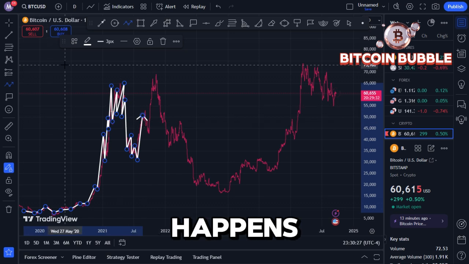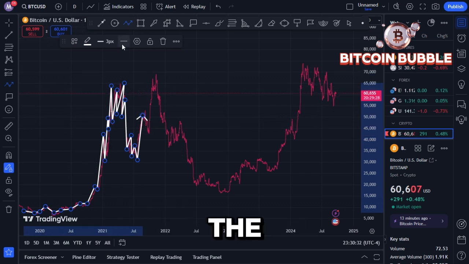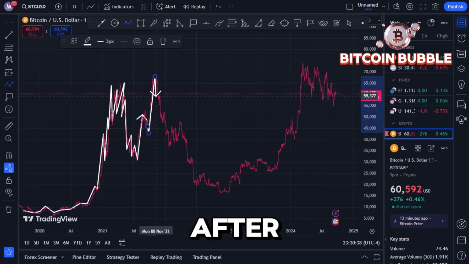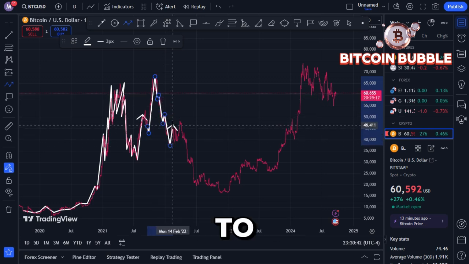The same thing happens here. There is a diagonal macro decline and we break out as we go into the halving. Then there is a sideways or pulling back return in and around the halving that lasts for several months after the halving. And the thing about this picture is that when it comes to the halving, we tend to see